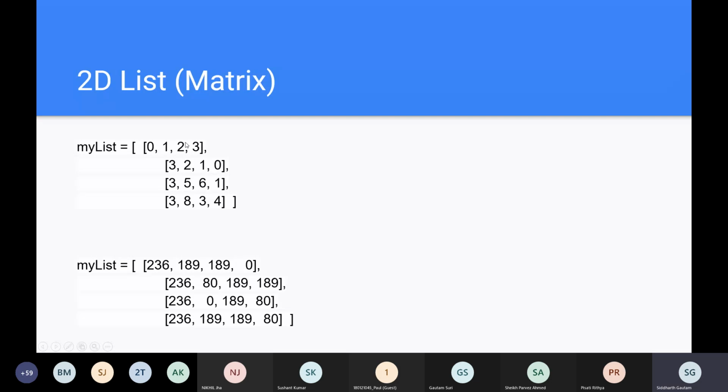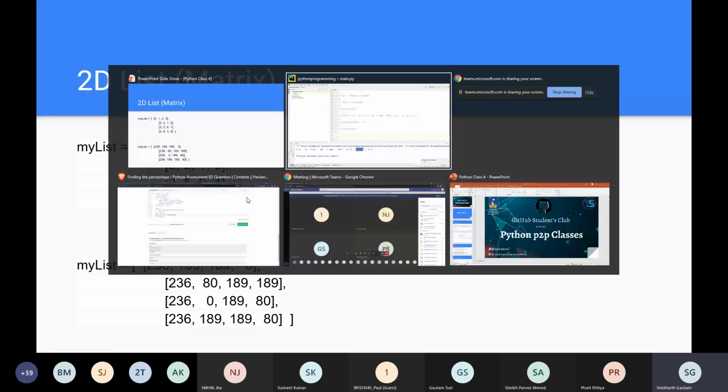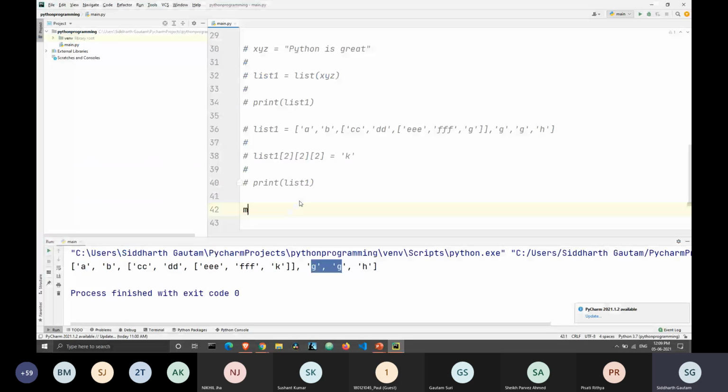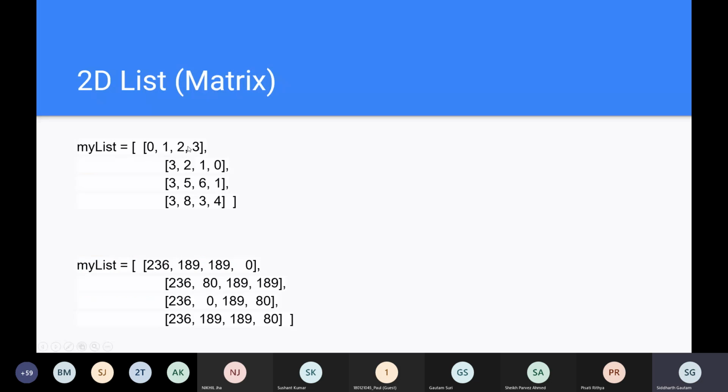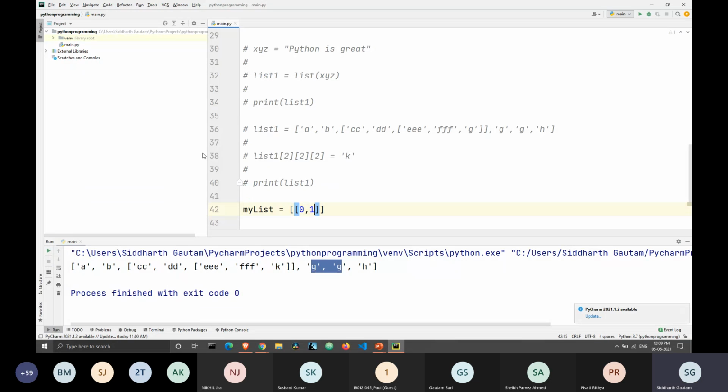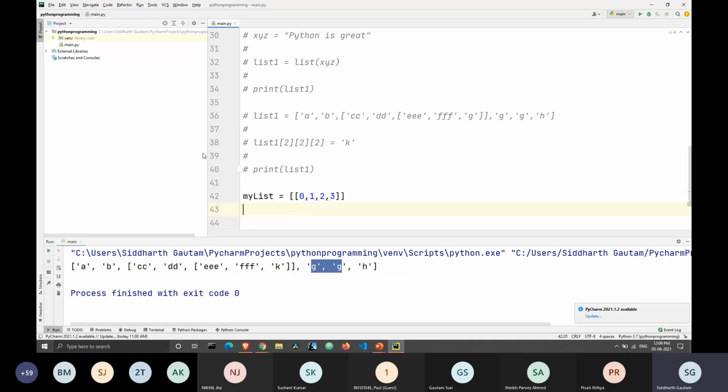So what's happening here is, we have a list here. Let me just type it out. Okay, I will just type this example. My list is equal to, first we will make a list, and then we will directly go to a nested list. There will be no element in the main list. All of the elements will be inside of the nested list. So let's take a look at what the elements are. First we have 0, 1, 2, and 3. And let's go to the next line.